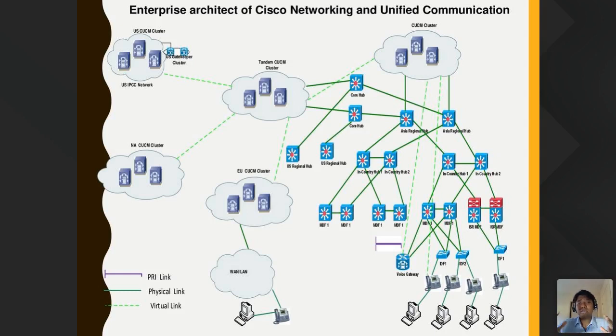All right. So this is how the high-level network architecture works, and every site, every in-country or regional hub or core hub will always have redundancy, failover. In some cases, there will be a third one also. Even if 1 and 2 go down, the third one will pick up the traffic in a critical situation.